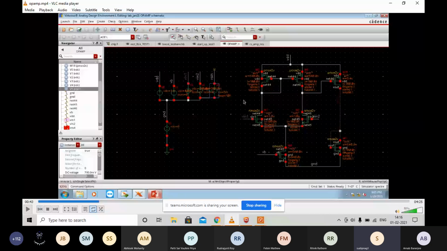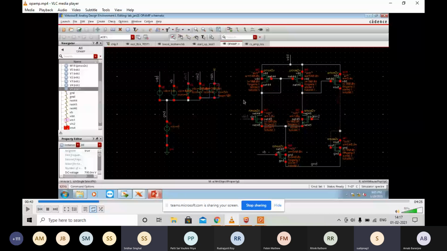Could you explain why we give the input only at Vin2? Why not 180-degree opposite phase? Yeah, you can give it at Vin1 as well, but then you have to keep the Vin1 AC amplitude 0 and the Vin2 AC amplitude 1. Sir, but for a differential amplifier, should we not give it opposite phase? You can give it opposite phase. If you give it opposite phase, your gain will be double. It will show you double gain. So you give +1 and -1. I'm giving 1 and 0, so the difference is 1. In that case, the difference will be 2: 1 minus -1, 2.